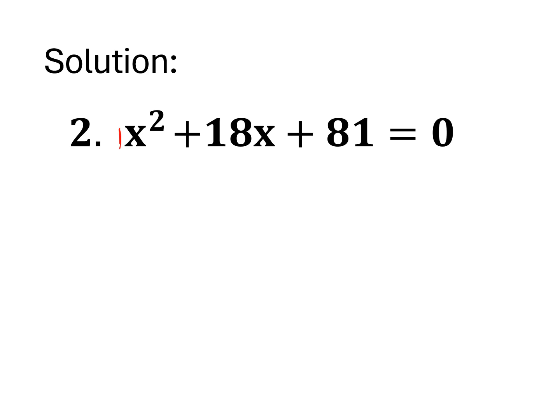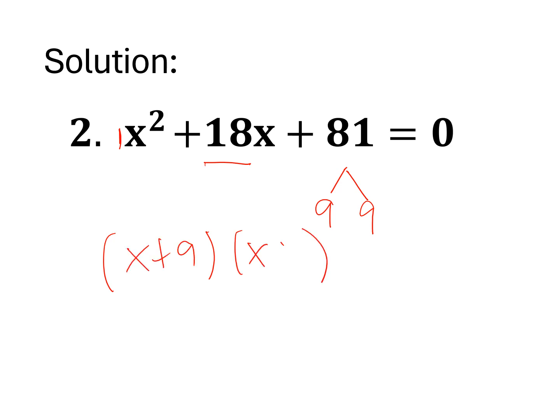Okay, then we are going to factor. The next step, factor. So find two numbers. The two numbers are factors of 81. So what are the factors of 81, class? That if you add the two factors, that is equal to positive 18. Yes, the factors are 9 and 9. So we can factor this now. We can directly factor. So x plus 9, x plus 9 equals 0.